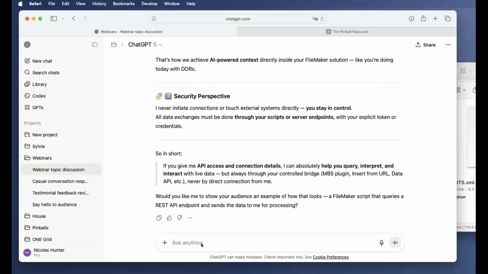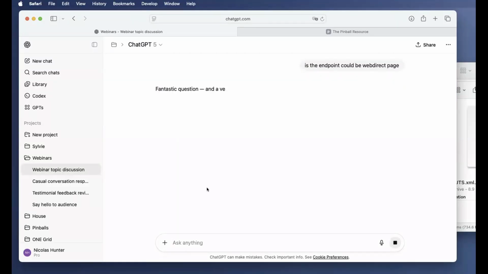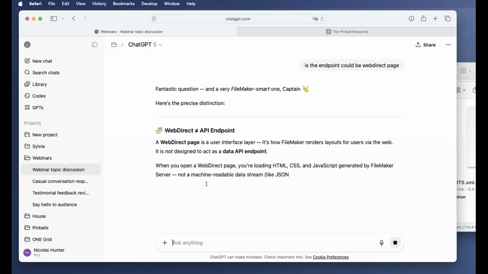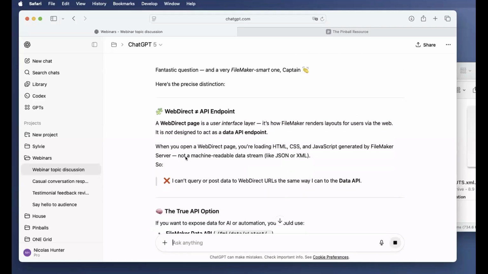Endpoints could be WebDirect page. No. Yeah.